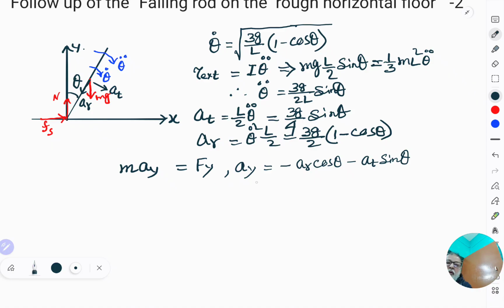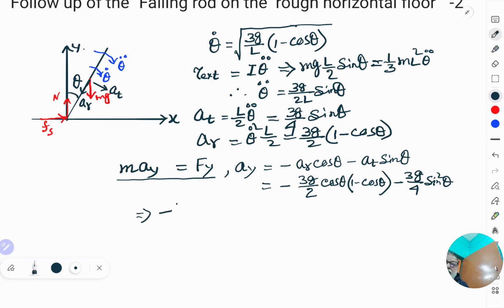That is, AY is equal to minus, taken common, and putting the value of AR and AT, I get 3g by 2 cos theta into 1 minus cos theta, it is AR cos theta, minus AT sin theta will be 3g by 4 into sin square theta. Putting them in the expression of equation of motion, we get